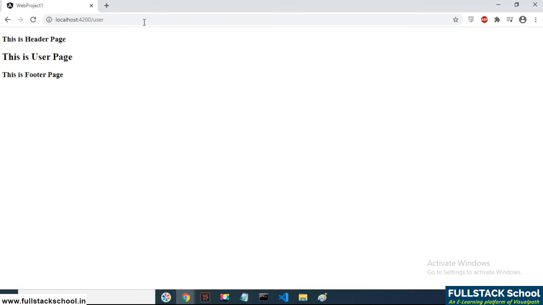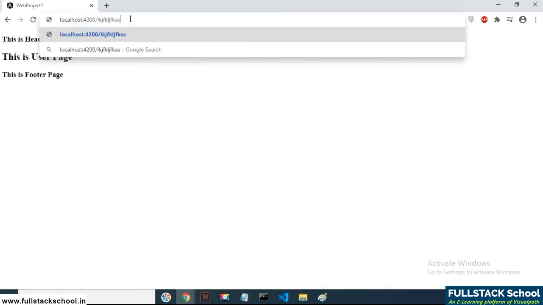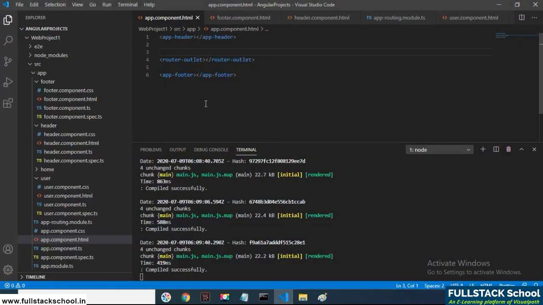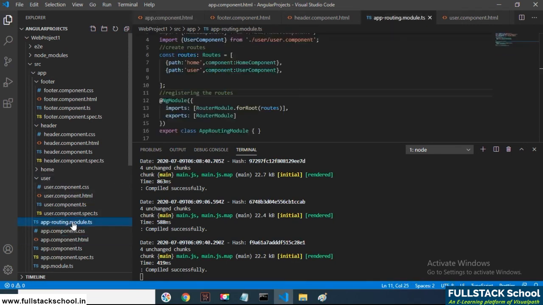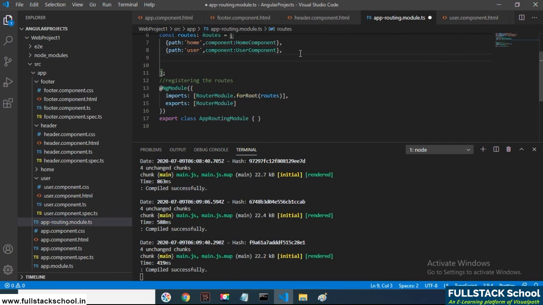But here we get a question: if you give some URL that doesn't match, where do we need to go, because it's not showing anything. For that purpose, we need to add some routing in the routing file. Let's go to the routing file. Here we need to add a component, for example, not found.